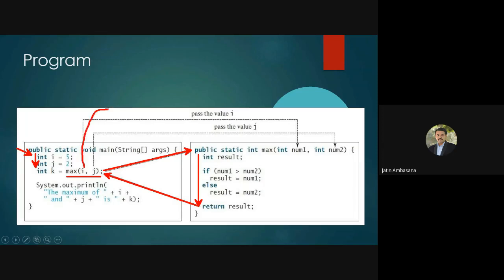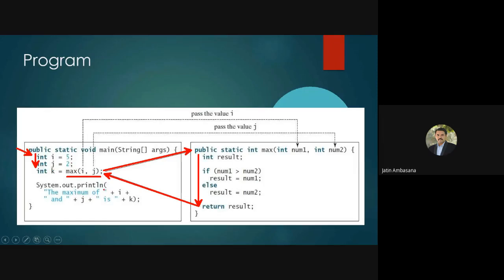It puts i's value into num1, it puts j's value into num2, and it declares a result variable, and then checks if num1 is greater than num2, then result equals num1, else result equals num2, and then you simply return the result. Okay, and whatever result is returned, that is assigned to this variable k.